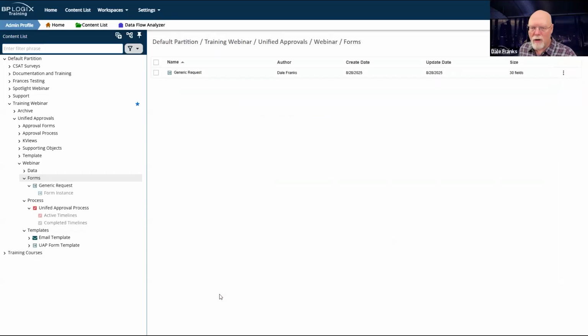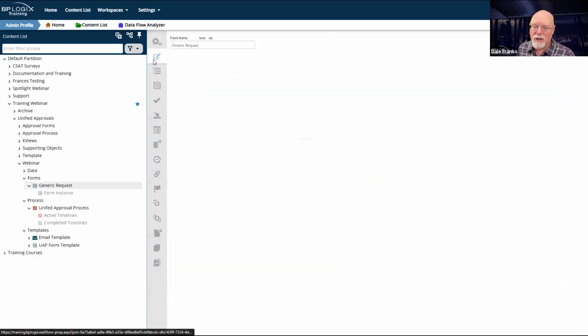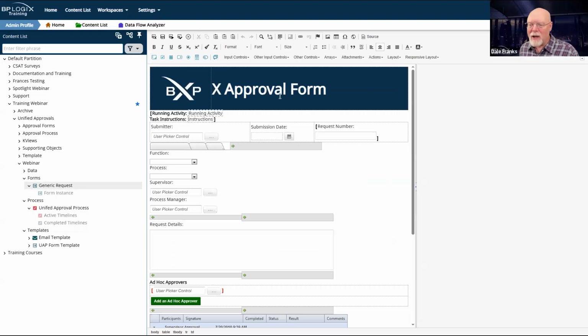Great, we now have a generic request form. It works exactly like our template because I haven't made any changes to it. It's just generic. I guess if I was going to make a change to it, what I'd probably do,